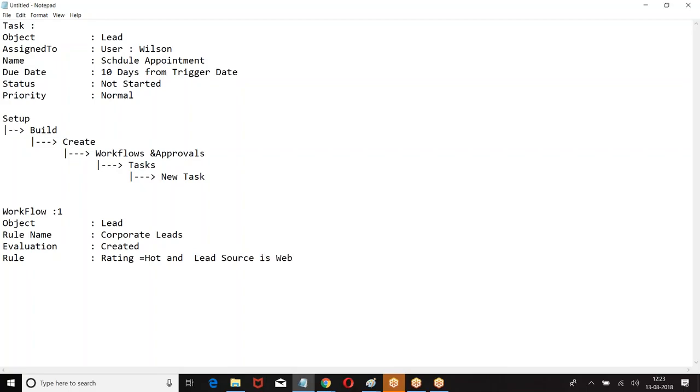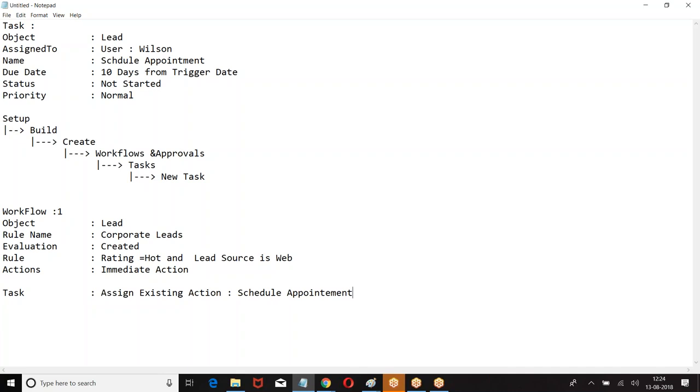When rating is hot and lead source is web, action. What type of action? Task. Assign existing action.